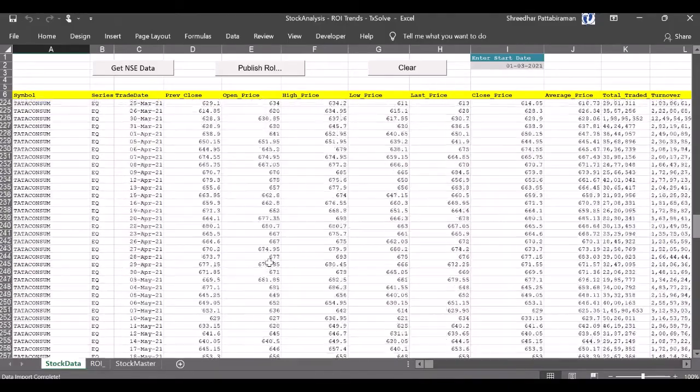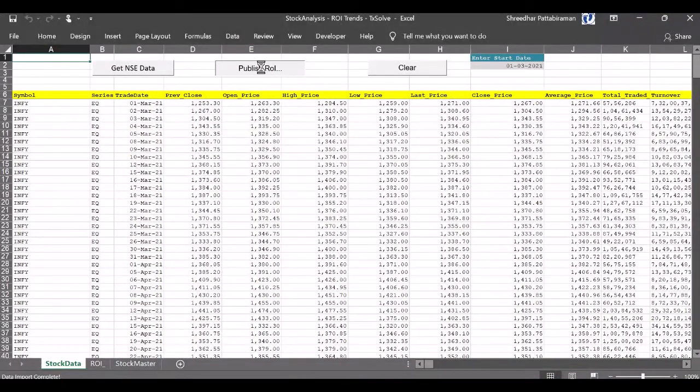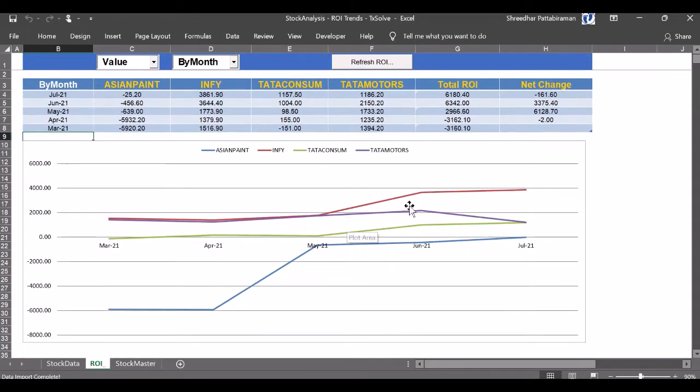Now let's publish the return on investment report. Click the publish ROI button, which will take you to the return on investment trend screen. In this screen you can see at the top there is a pivot table where you can see the individual stocks as columns, and months are in the rows, and the return on investments for each stock is given here,